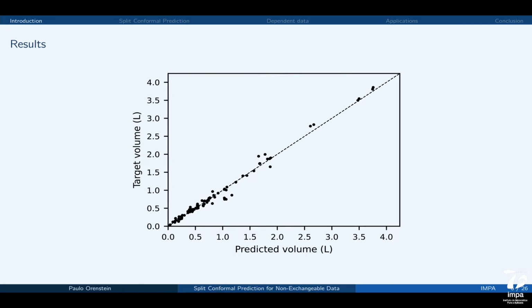So I didn't train on this data, right? So this is all fair. So these are test exams. On the x-axis, you see the prediction from our algorithm in liters. And the y-axis is the target volume. That is the volume that the human computed. And so if all goes well, we would have something concentrated along the 45-degree line, which is agreement. And I guess you'll agree with me that this looks pretty good. It looks pretty good, right?